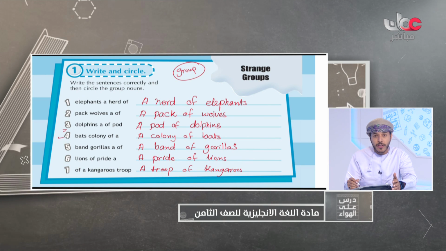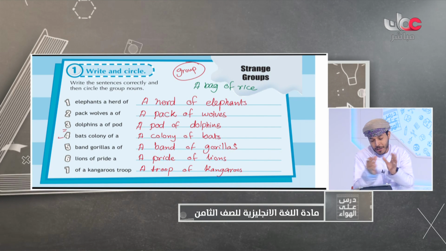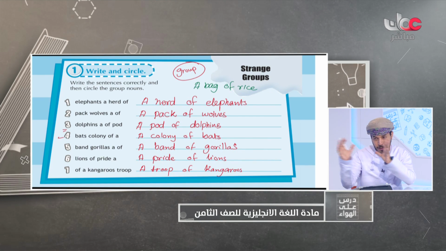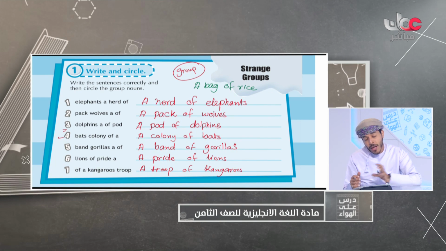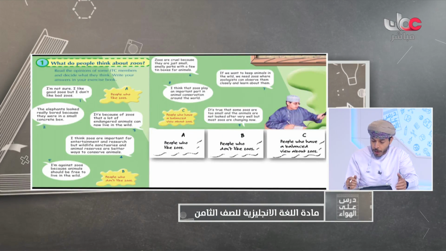Okay, it's like, you know, rice. When we put it together, we can put it in a bag of rice. I'm reminding you of rice. So we can put rice in a bag, a bag of rice, so we can keep all this rice in one place. So a herd of elephants, they are one group. But these animals are countable, not like rice, which is not countable. Okay, never mind. So now let's move on to the next activity,